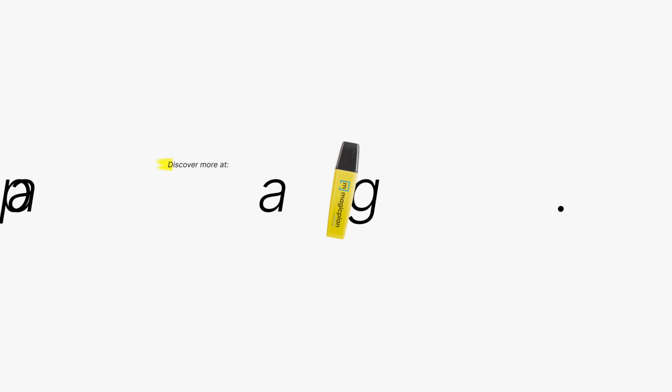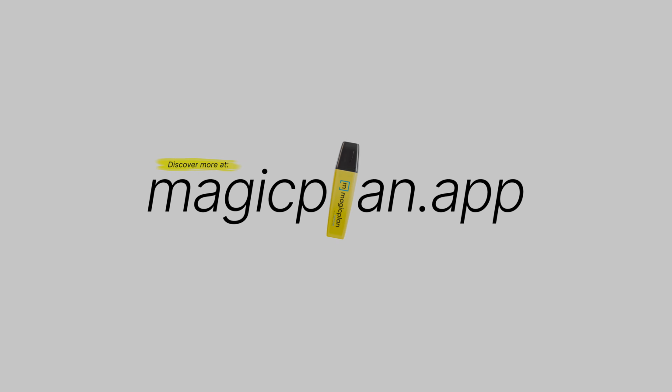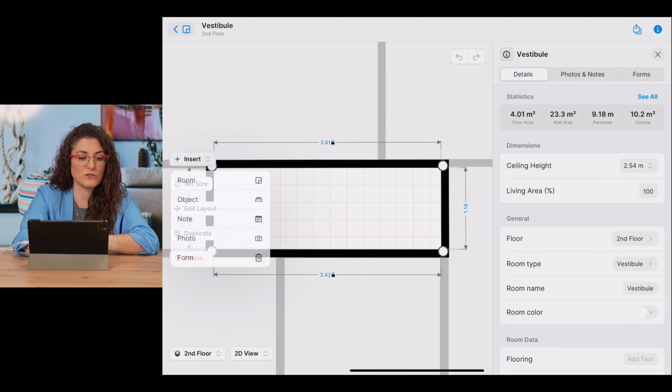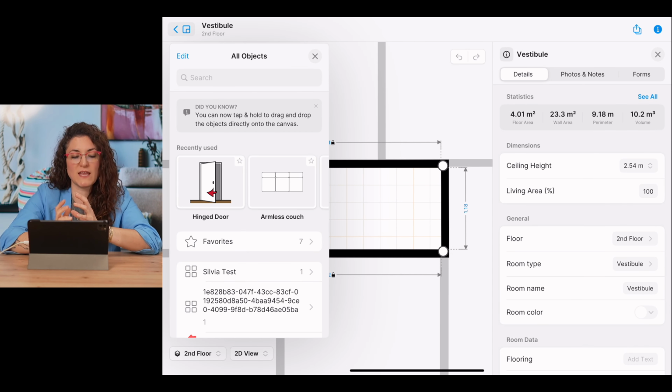In this video, I will show you how to add and edit objects to your floor plan. Let's get started. To add an object, you need to select a room, tap on Insert, Object, and you will land in the